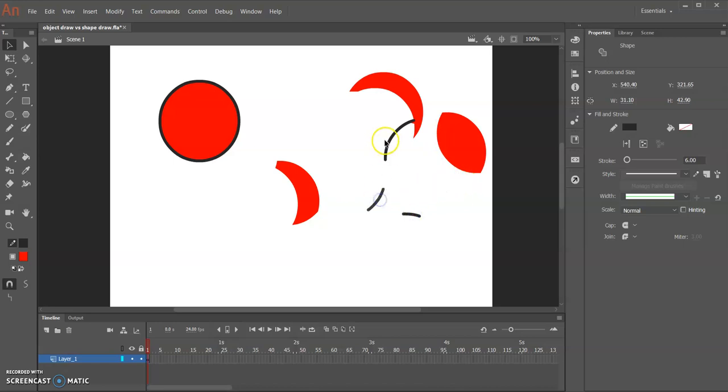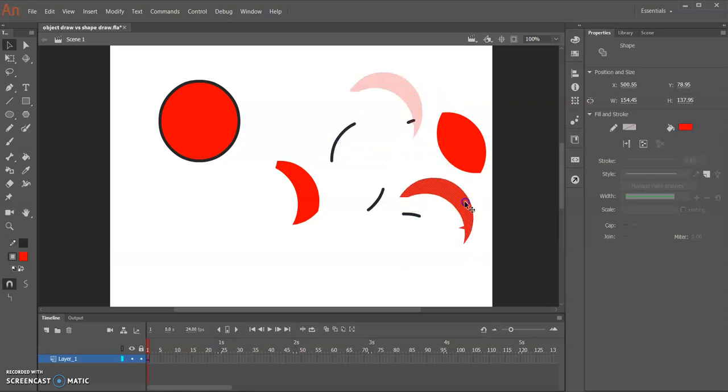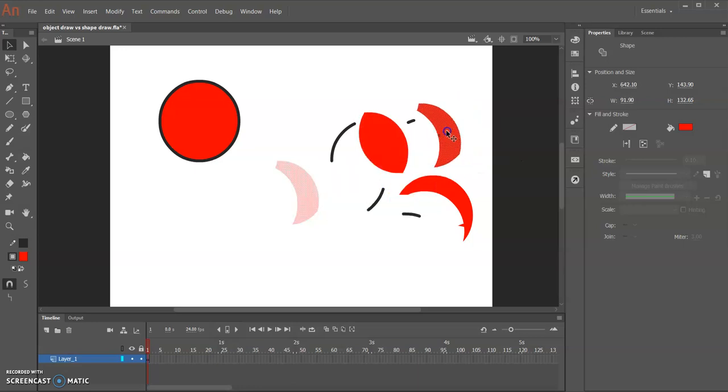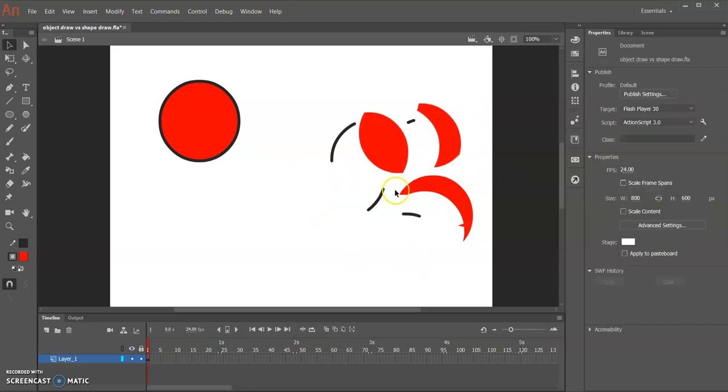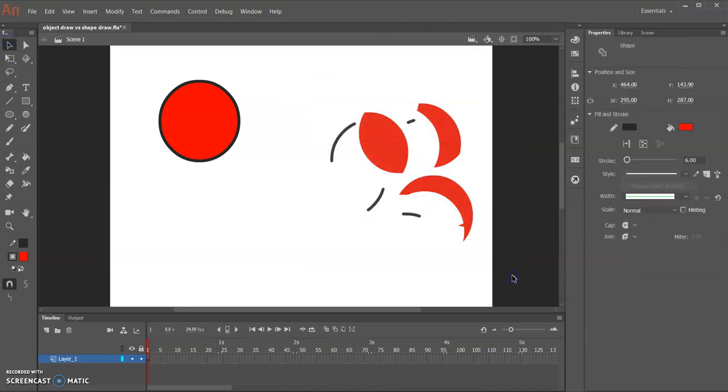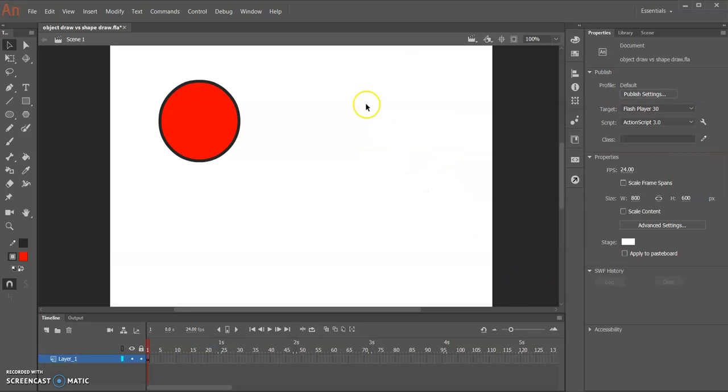So when you're working with shapes, you have to really understand that this is going to happen, because you can make some really cool, interesting artwork if you know how this is going to work. So if I select all of this and just hit delete, so that is the shape. Now the shape